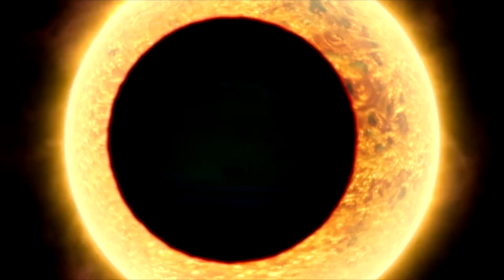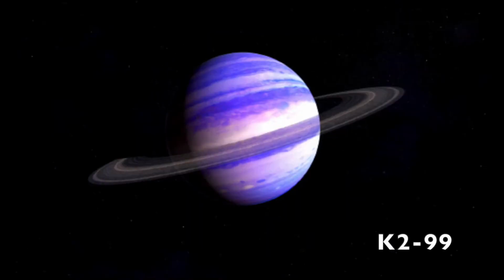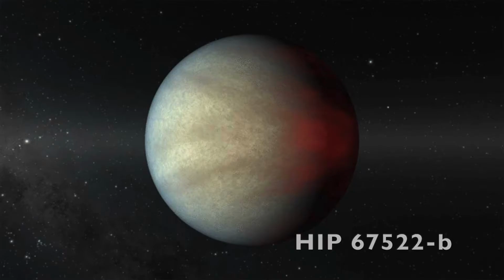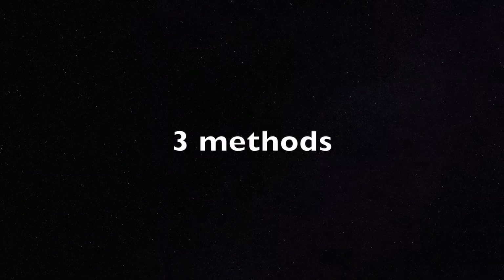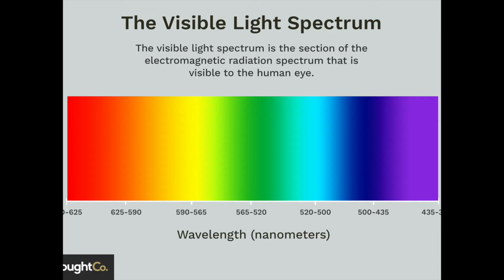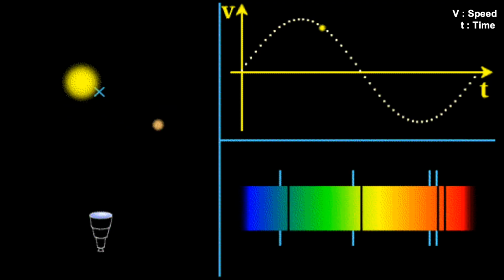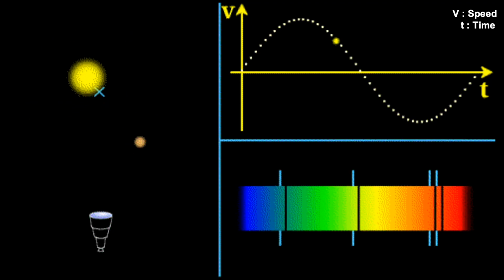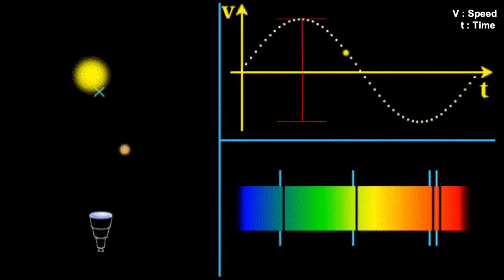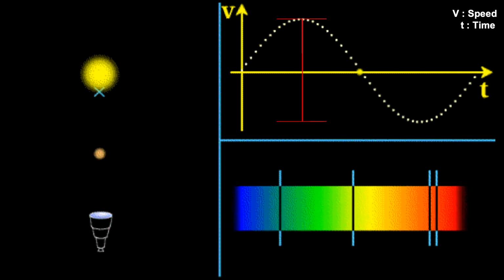The question is how? How can we know how it looks? Actually, we don't, but here is why we can assume it. First is velocimetry. It uses a light spectrum, which is a purple to red scale. When a telescope looks towards a system, it will focus on a planet and the colors of the spectrum will oscillate. This will create a graph with amplitudes like these, and the measurement of these amplitudes corresponds to the mass